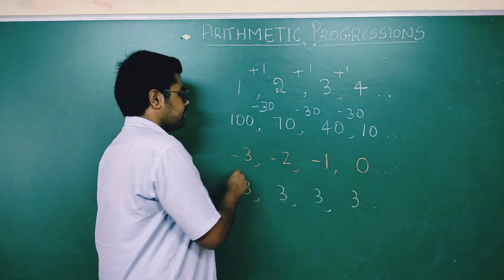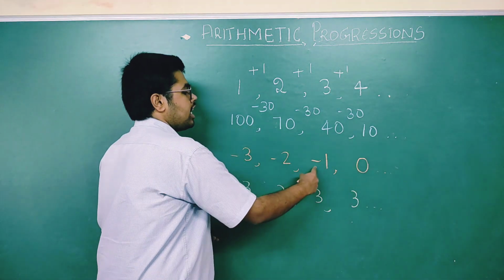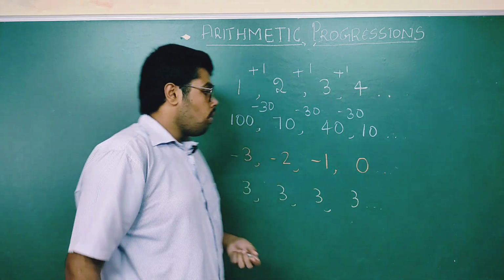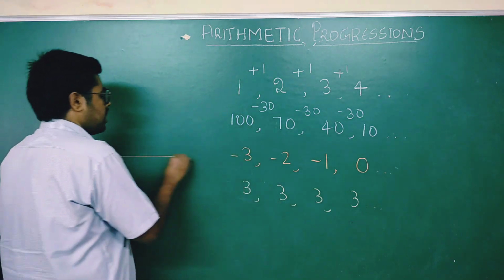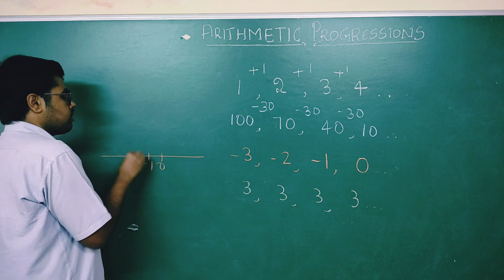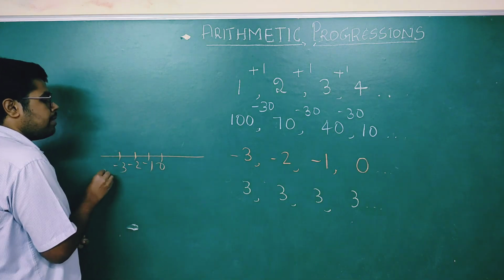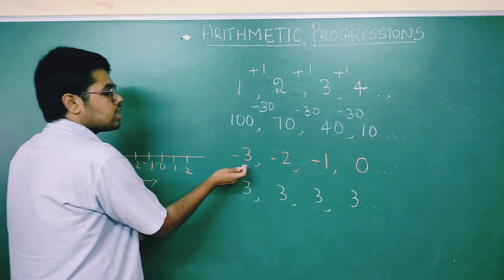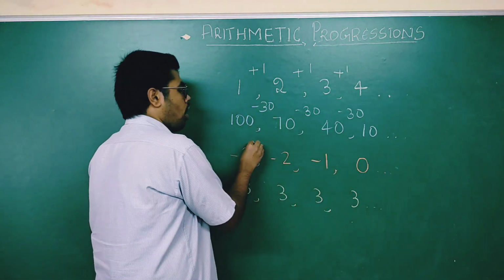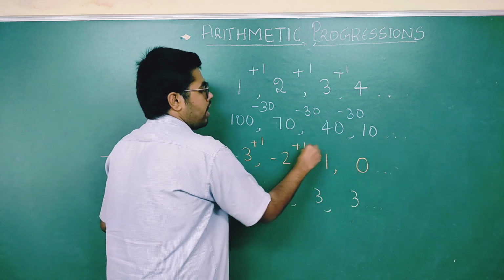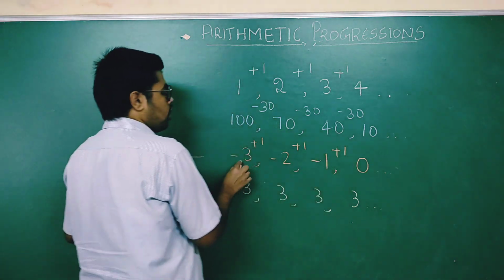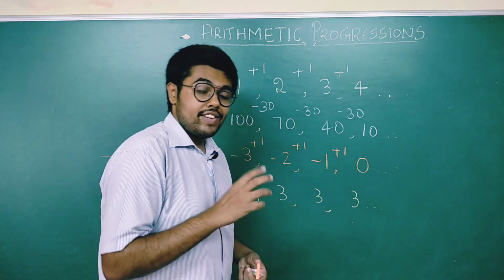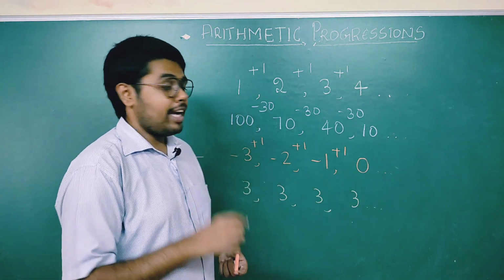If you see here, -3, -2, -1, 0. And this you would have definitely observed in your number line. What is the number line? In the number line, you see the 0 here, then -1, -2, -3. The numbers coming towards 0 means it is increasing. Correct? So the number is going towards 0, so what is the common difference? +1, +1 and +1. We know that -3 plus 1 is how much? Opposite sign, you have to subtract. When we subtract, we get the answer as -2.